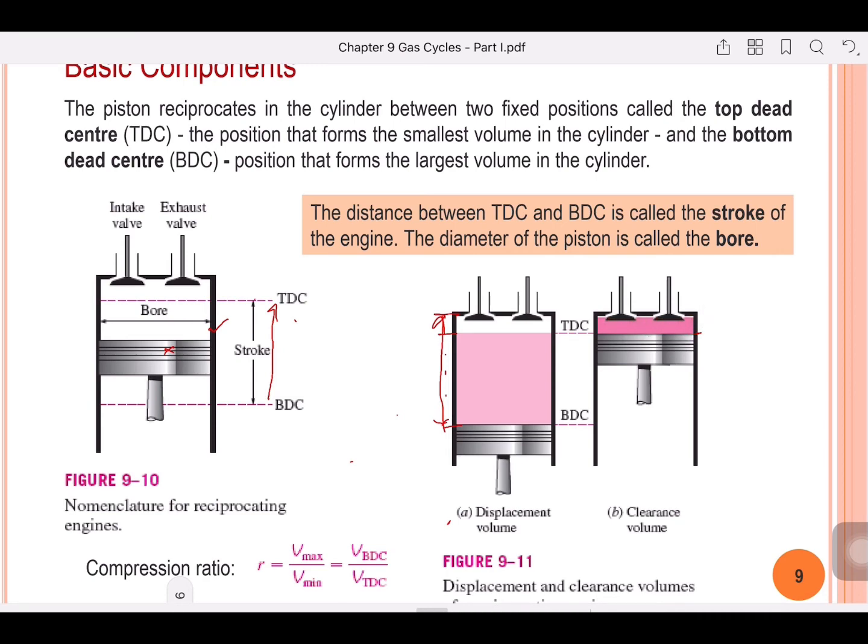If this volume is not available, then the valve will not be able to operate, because these valves require some space to move downward. So if the valve is going to operate, then this valve will come down. Then from here there will be an opening from where the air fuel mixture will be coming into the cylinder, and when the exhaust stroke takes place, this valve will come down and there will be an opening, and therefore the exhaust gases will go out from here.